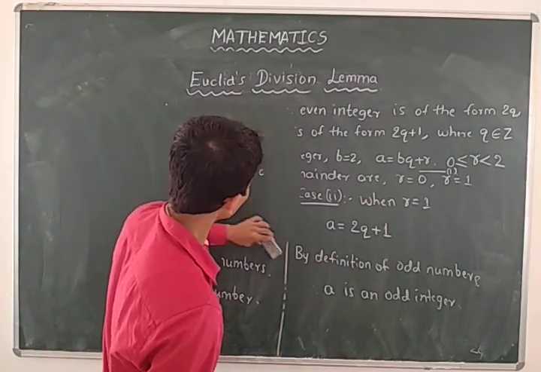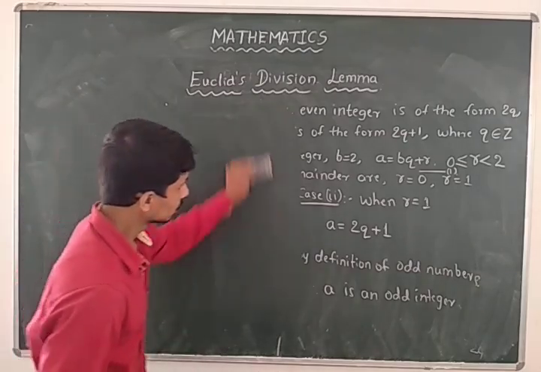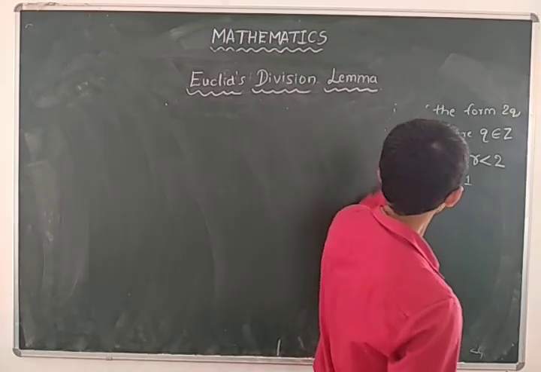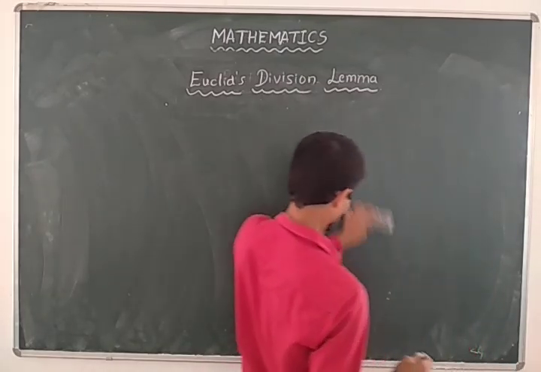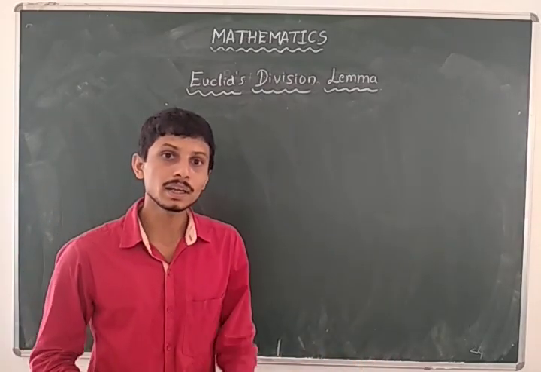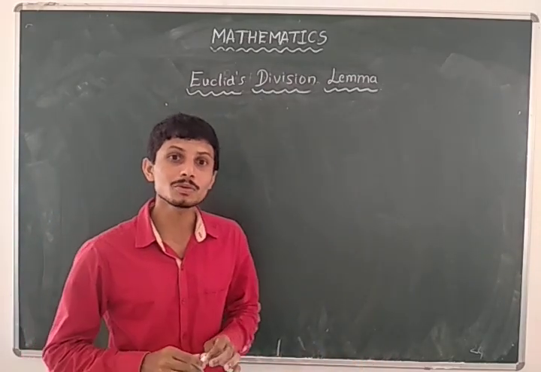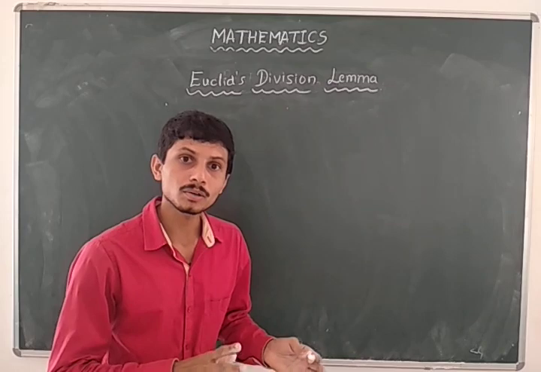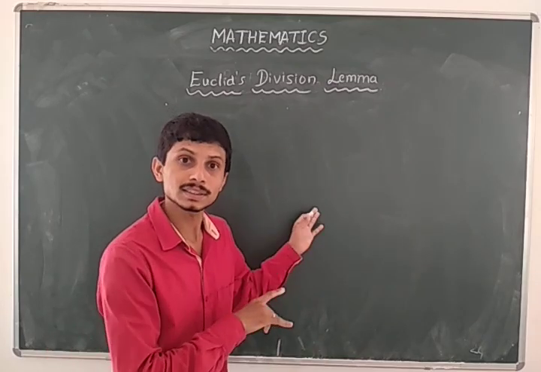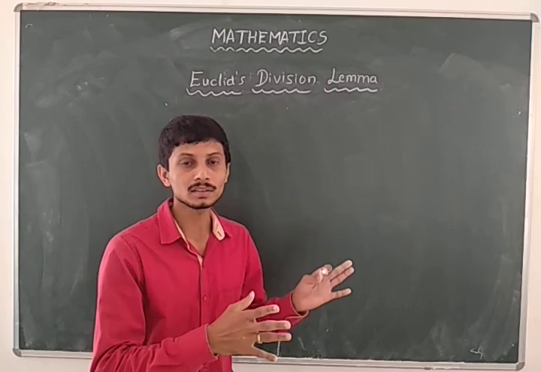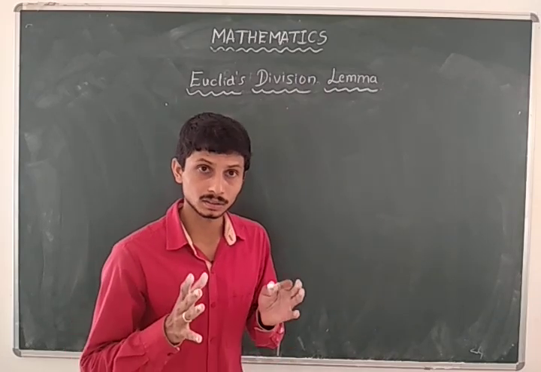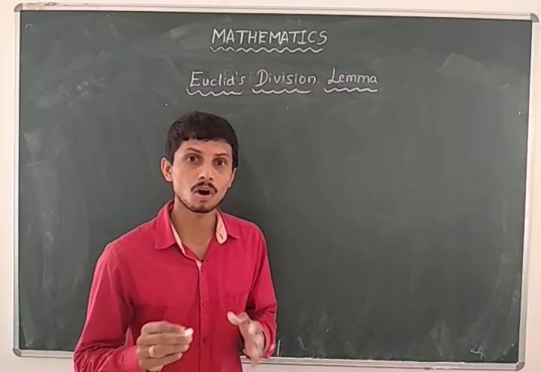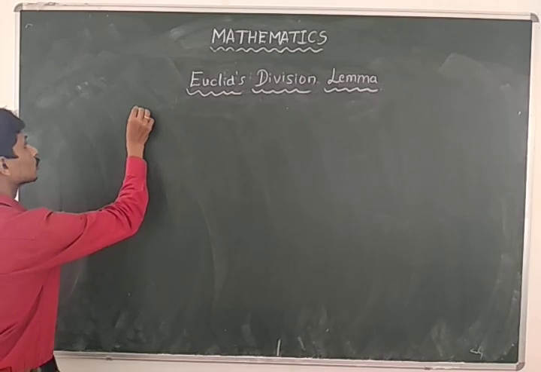The next problem is also similar to this problem. So here also we take the same or similar steps to prove it. Here we have to show that a positive odd integer is of the form 4m plus 1 or 4m plus 3. In the previous problem we took odd and even integers, but in this problem we consider only positive odd integers.